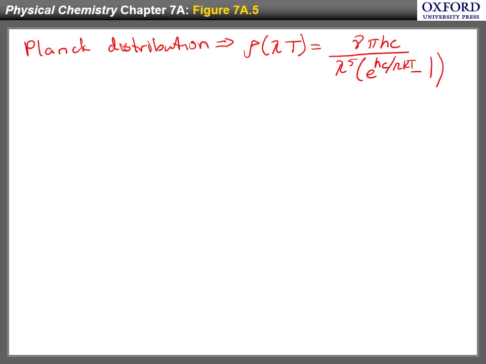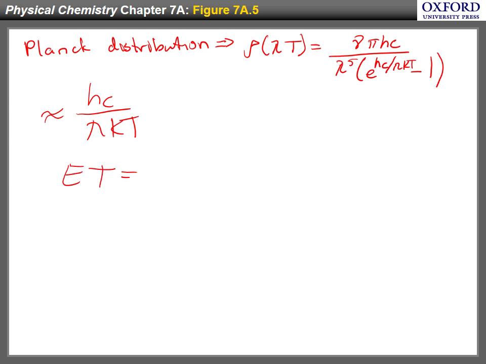Okay? So if we take the approximation that we calculated on the previous page, which was an approximation of hc divided by lambda kT, and integrate it into the previous equation for energy, E(T),